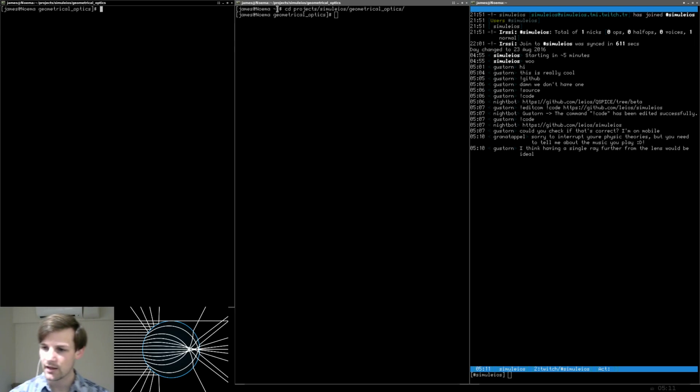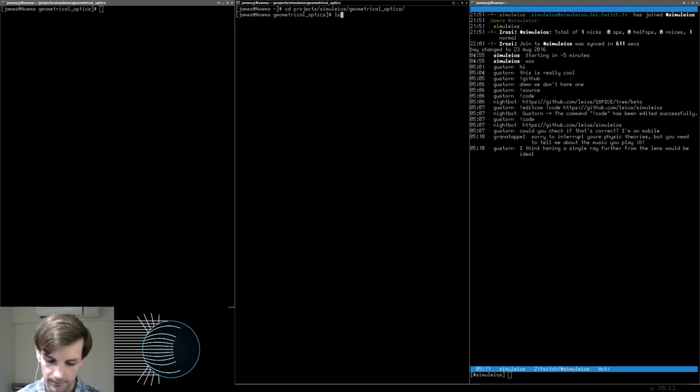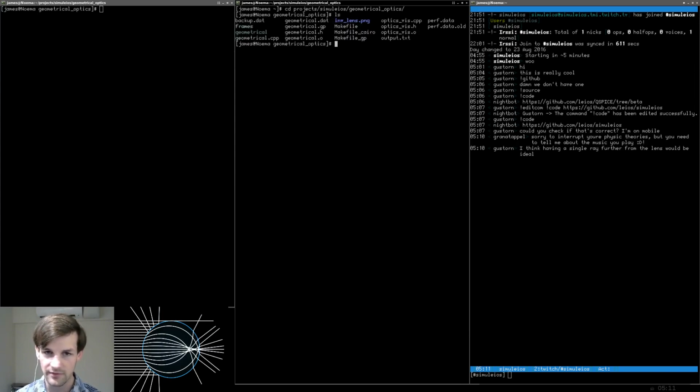Okay. Single ray further from the lens. Again, that is ideal. So, what are we going to do? Well, now let's go ahead and implement our little functions. So, let's go into ls. Let's see what we got. We have everything we need. Again, the make function does what we want. So, let's go into